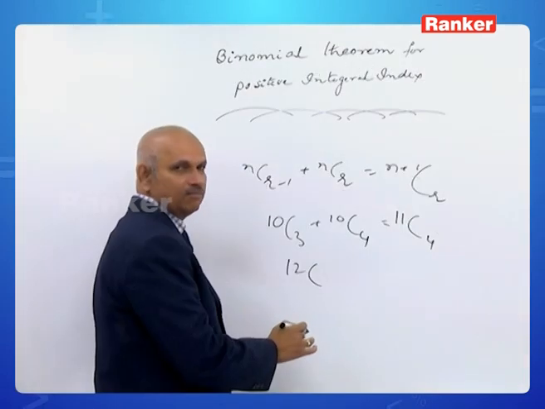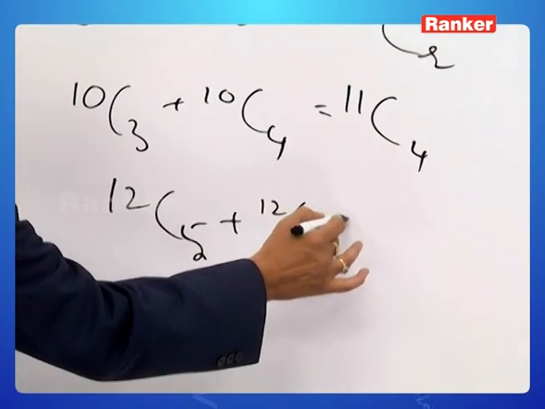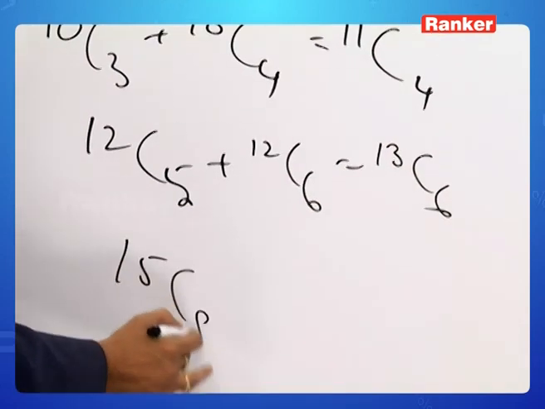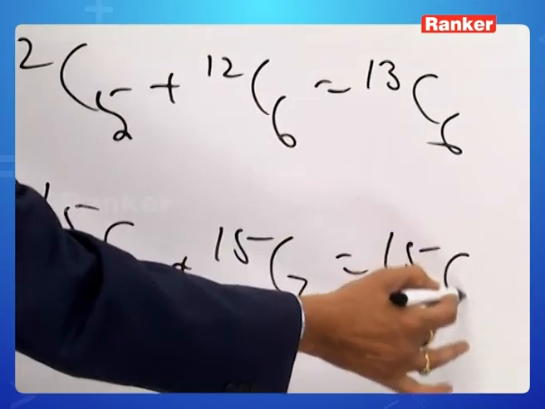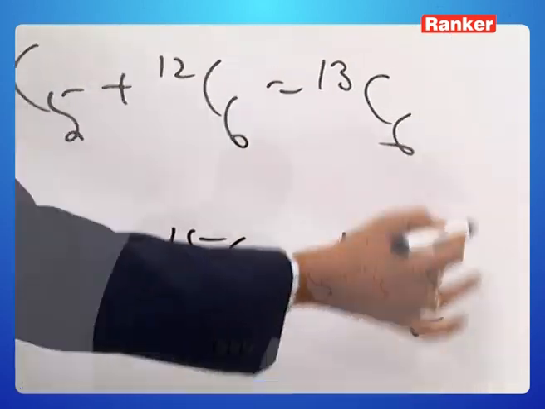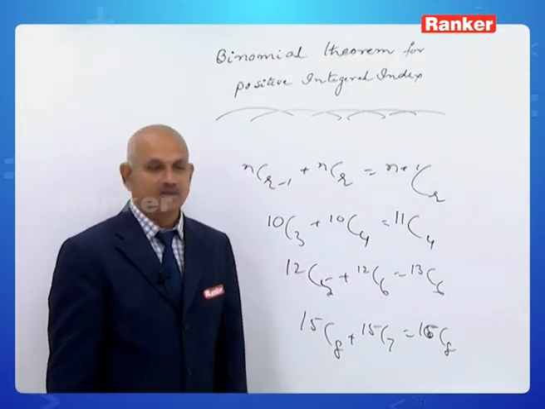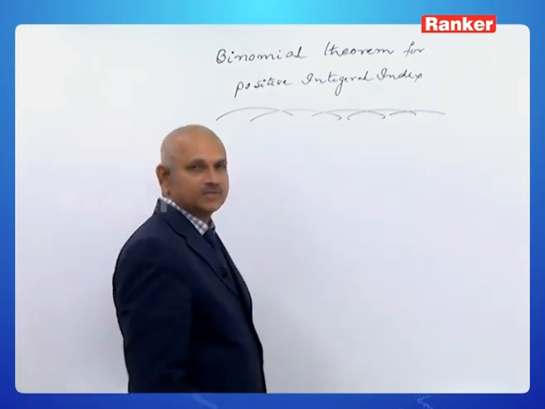As another example, let me have 12C5 plus 12C6 is, come on, 13C6. 15C8 plus 15C7, come on friend, this is nothing but again 16C8. It is 16C8. Like that we make use of this. One more result we shall point out. Another useful result,